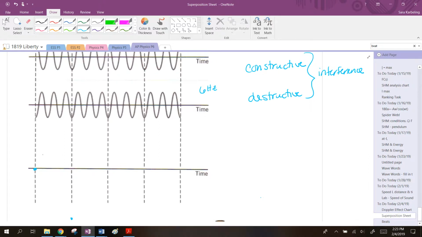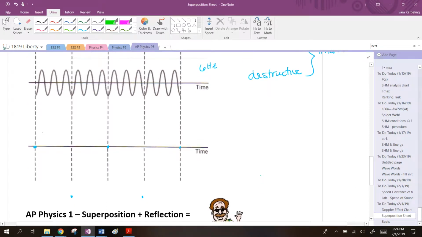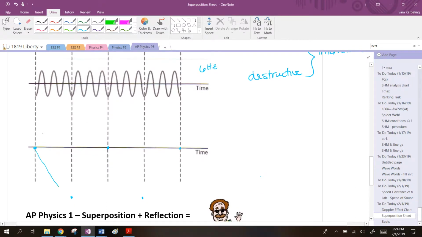0, that's destructive interference. We're using good physics terms, right? Talk to me about this dotted line. And then next dotted line? 0. Now, question for you. Does that mean that this wave just goes like this? No, it does not, right? It does not mean that because